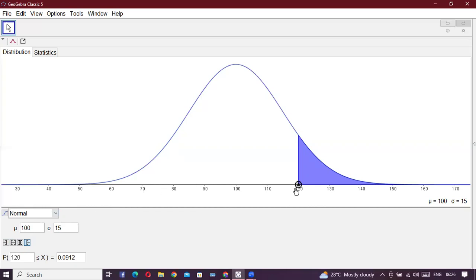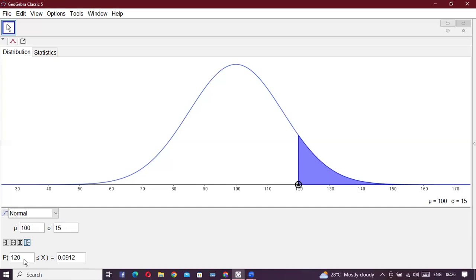For example, maybe the question asks for the area between 120 and 130. You can use the second option here, enter 120 to 130, and hit enter, and we have that here. Or you can use the right side option to calculate from 120 to the end,